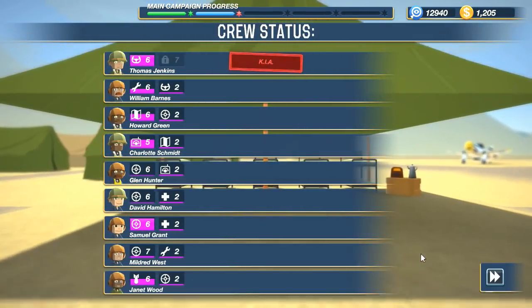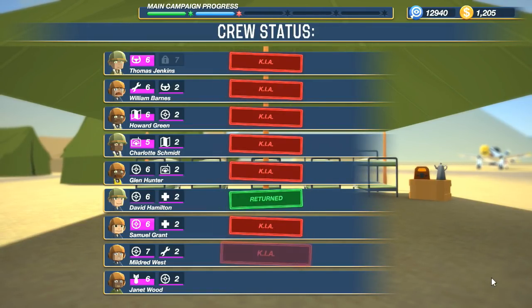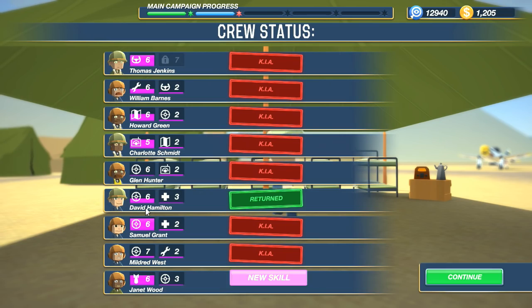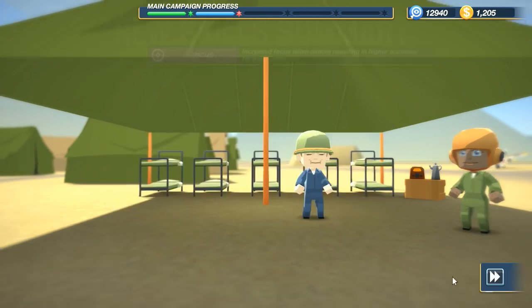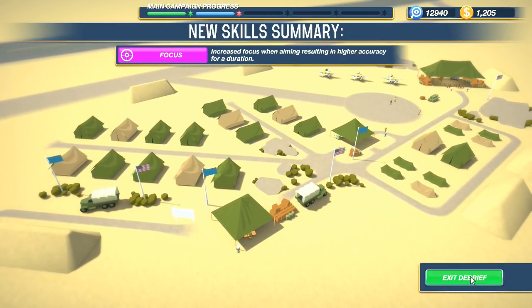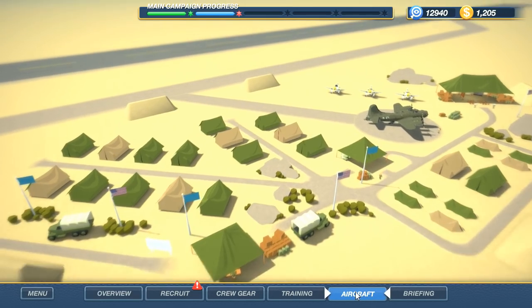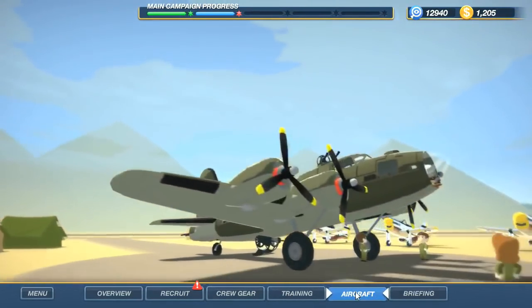We did lose all our crew though, which is a bit of a problem. Did anybody survive? Oh! David Hamilton survived. So did Janet Wood. Fantastic. Well, we got a starting point for the next crew. Right. See, that's why I didn't bother naming that crew member, because